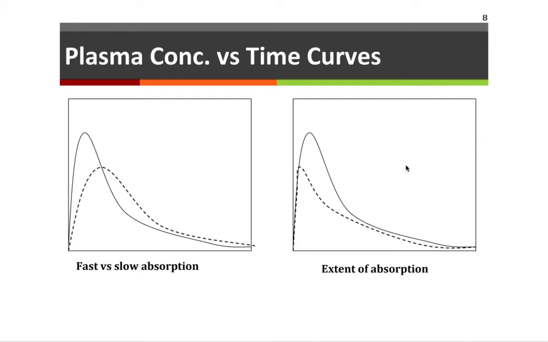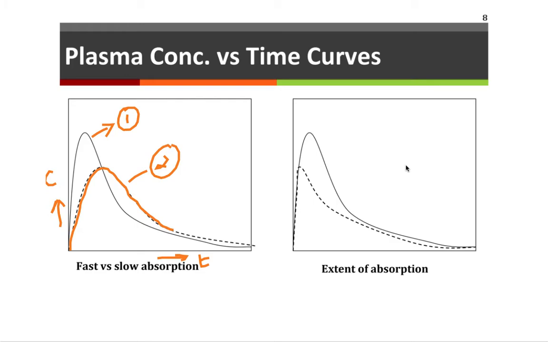And so, as is usual, the x-axis shows the time, and the y-axis is the concentration. In the case of oral formulations, you would expect to see a gradual rise to a peak, as is shown in this graph, and then a gradual decline. If you were to compare this graph to this graph, you can clearly see that graph marked 1 shows